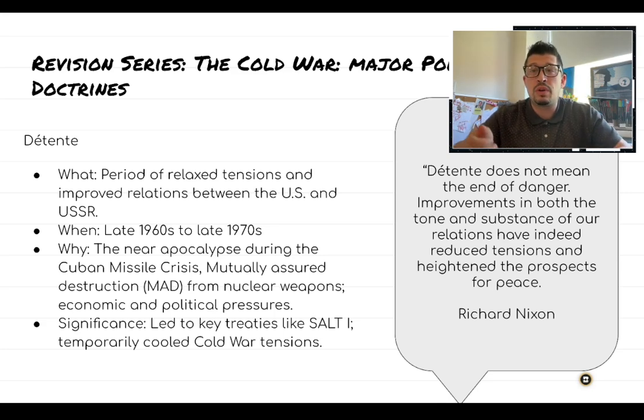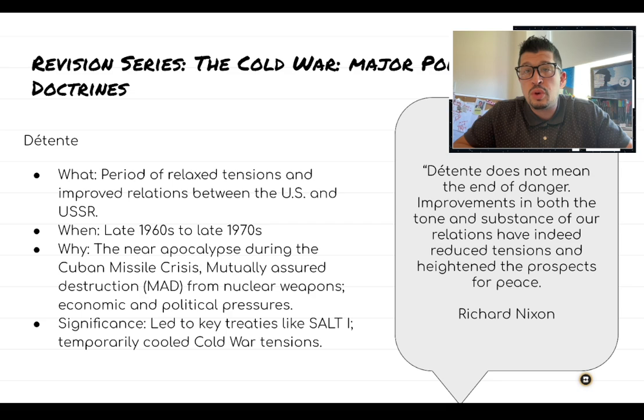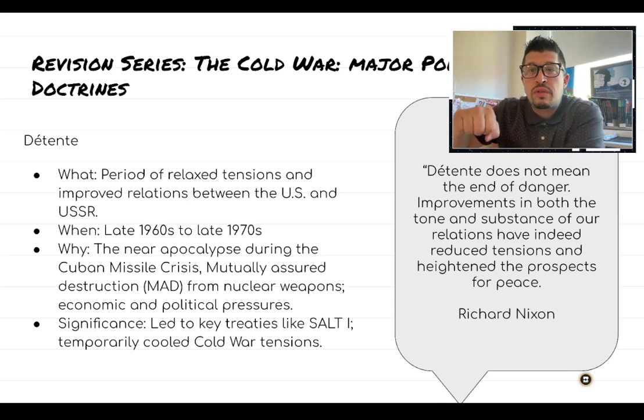Détente, I've mentioned it before, turn down that dial, right? The reason that détente comes into existence is the Cuban Missile Crisis. We came this close to nuclear apocalypse in Cuba. The leaders realized that the next conflict will be a nuclear one, right? That we were so dangerously close, and our diplomacy was so slow and so precautionary and so centered around mistrust that the next conflict will lead to a nuclear apocalypse, and we don't want that happening, right? So they lead to the time period of détente, which is an easing of tensions, all right?